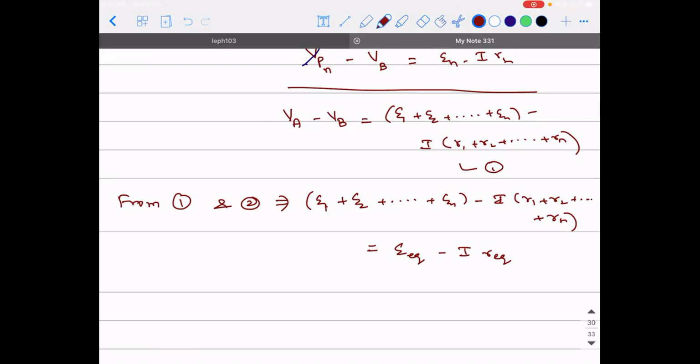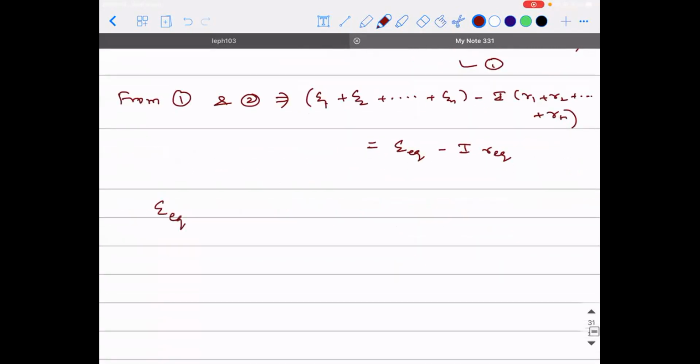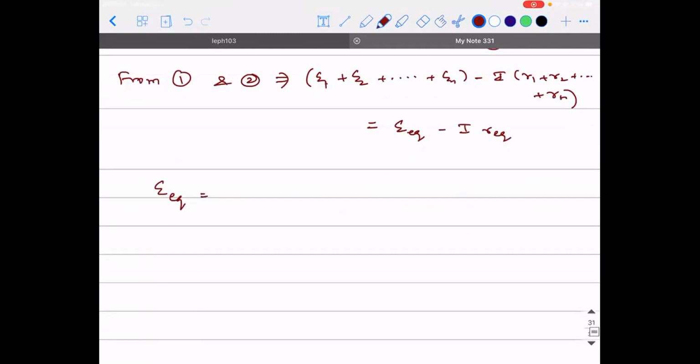If I do a comparative study on both the sides, what do I get the equivalent EMF as? E1 plus E2 plus so on till En. And what will be the value of R equivalent? Is it not going to be R1 plus R2 plus so on till Rn, guys? Accepted? So what I'm trying to say here is, when the cells are connected in series, okay, see, generally I